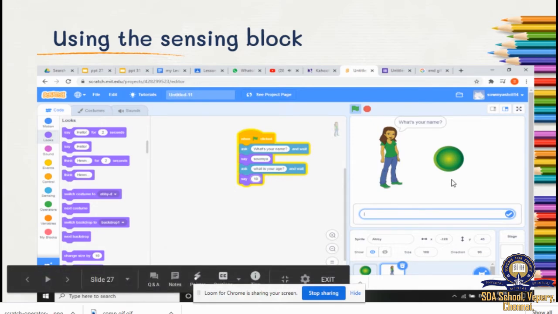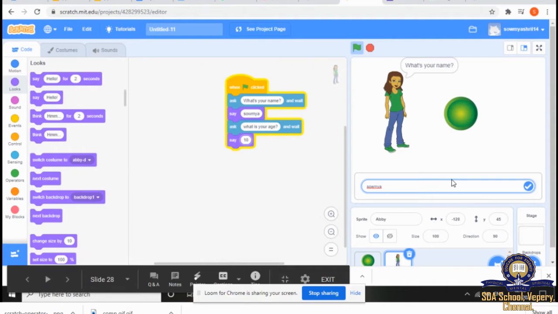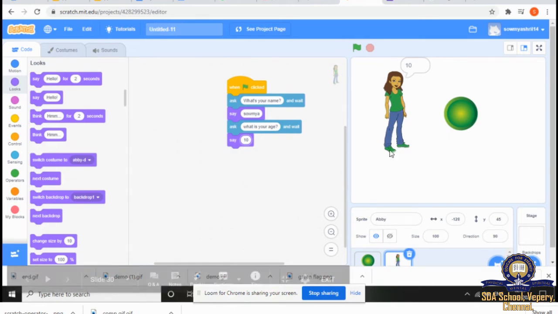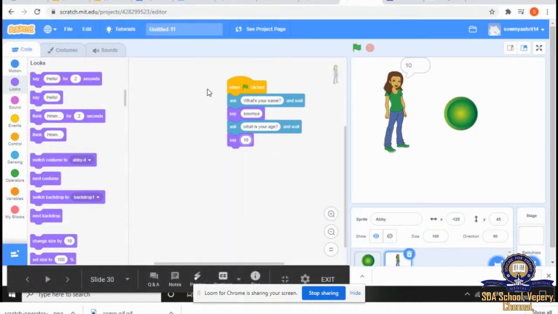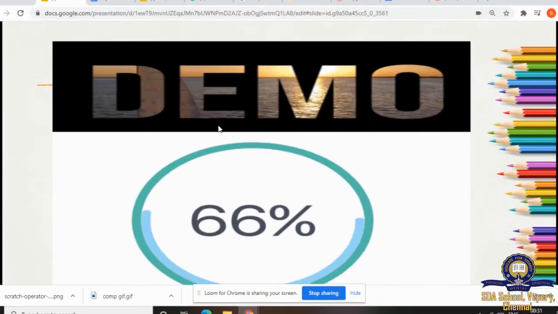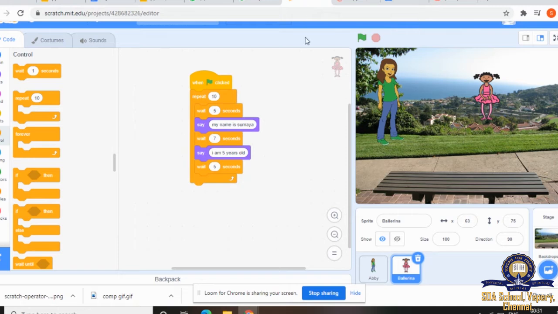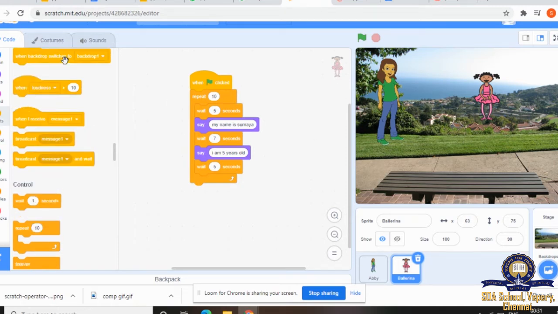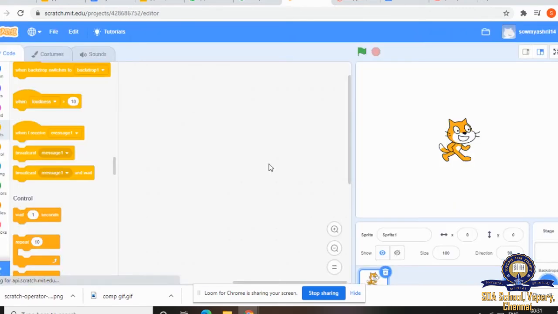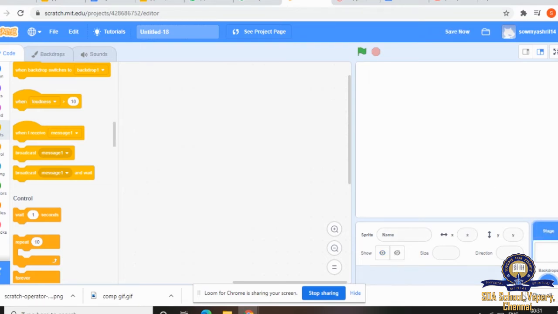See, I've written here. I'll show you a demo now. We'll go back to the Scratch website. Now we'll go and create a new file. I'll delete this sprite.